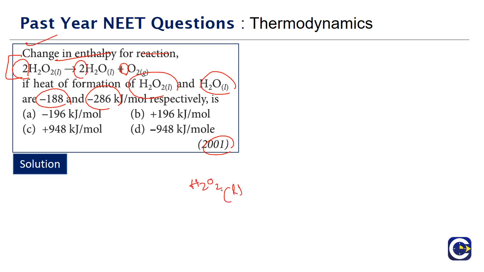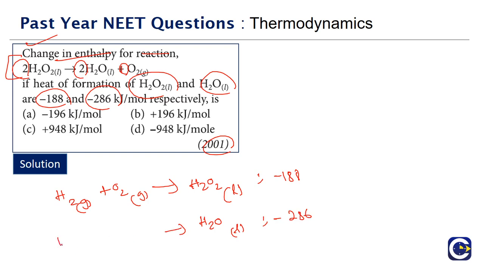So what is the definition of heat of formation? Already we have talked about it in a couple of other previous year questions also. It is the enthalpy change involved in the formation of 1 mole of the substance from the basic constituents. Basic constituent means, for hydrogen it is hydrogen gas, for oxygen it is oxygen gas. For H2O2 it is minus 188, and heat of formation for water H2O is minus 286. So the equation that represents this is H2 gas plus half O2 gas gives rise to H2O liquid. So these are the two heat of formation reactions.